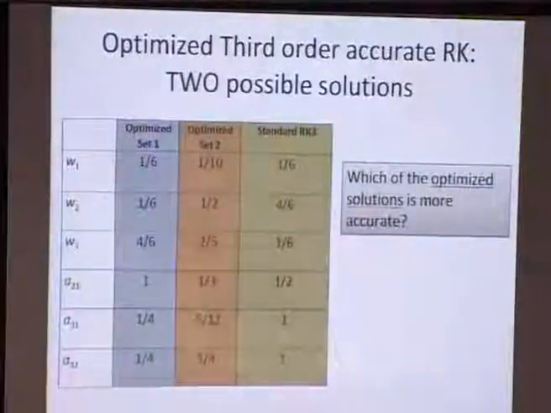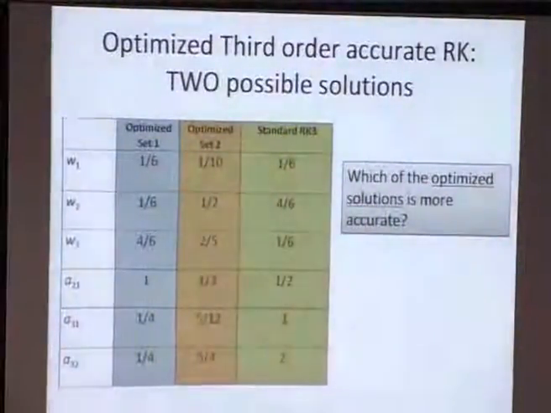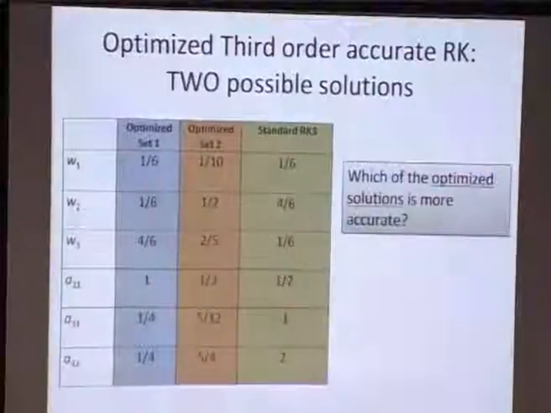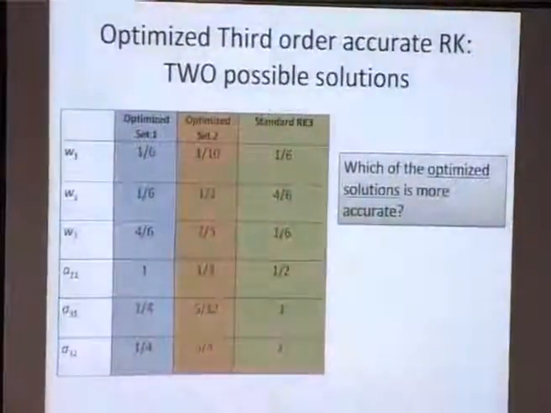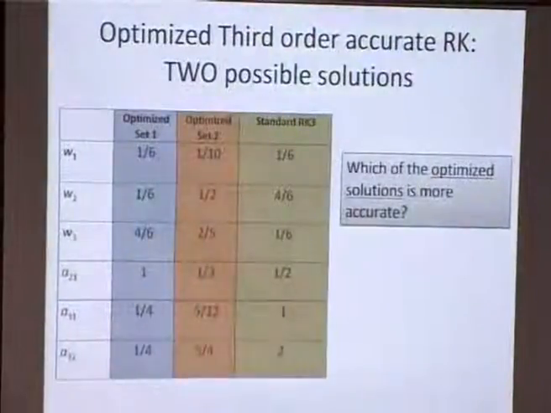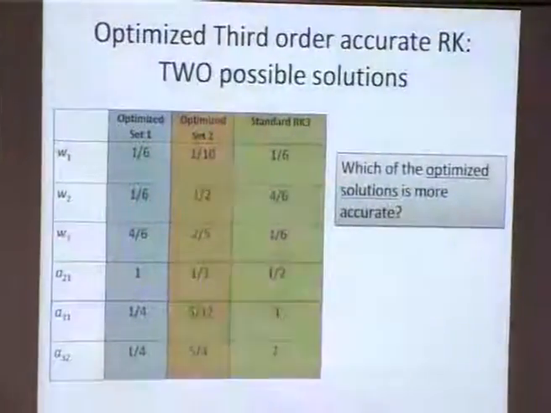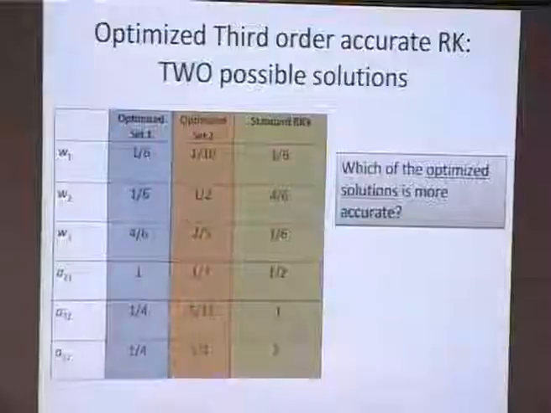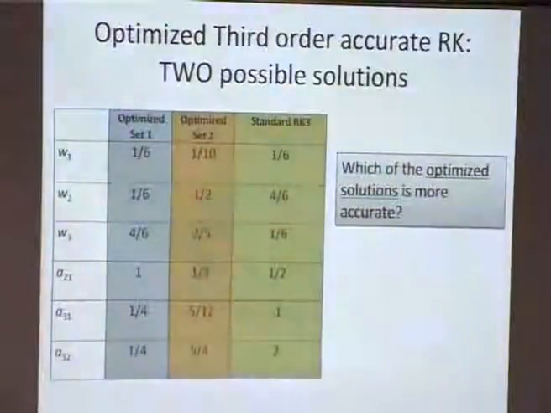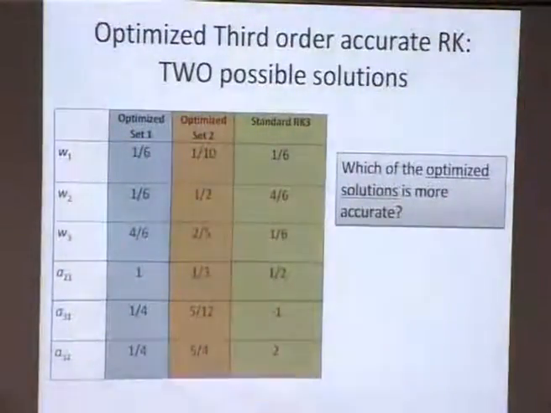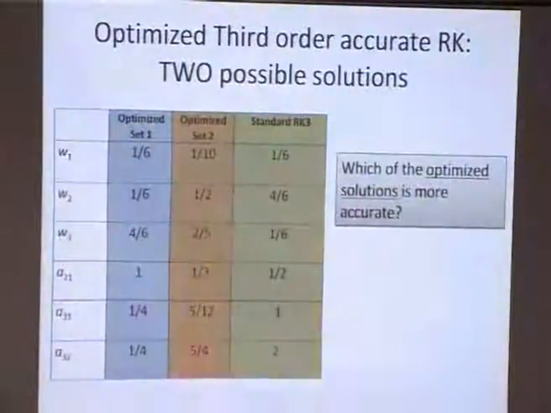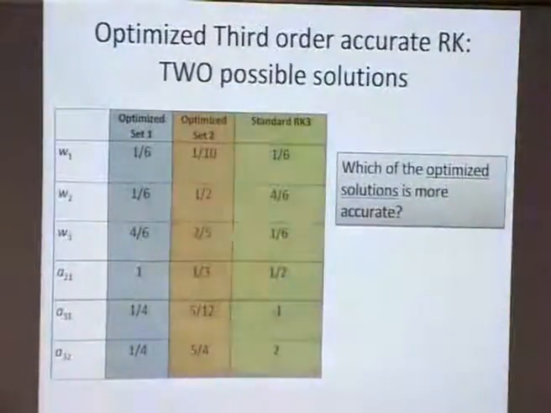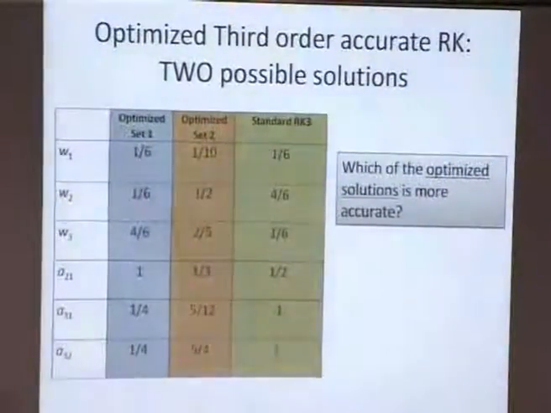What I mean by optimizing the truncation error is writing the truncation error in terms of 3 parts, wherein one of them is a constant, which doesn't have any variables, W1 to W3 or A21 to A32, and the other 2 terms are some functions of these 6 variables. So basically what we do is we equate those 2 terms to 0, and therefore the system is now closed and we can uniquely solve for these. It turns out that when you do that, you end up with 2 sets of solutions, which are your optimized solutions, shown in the first and the second column.